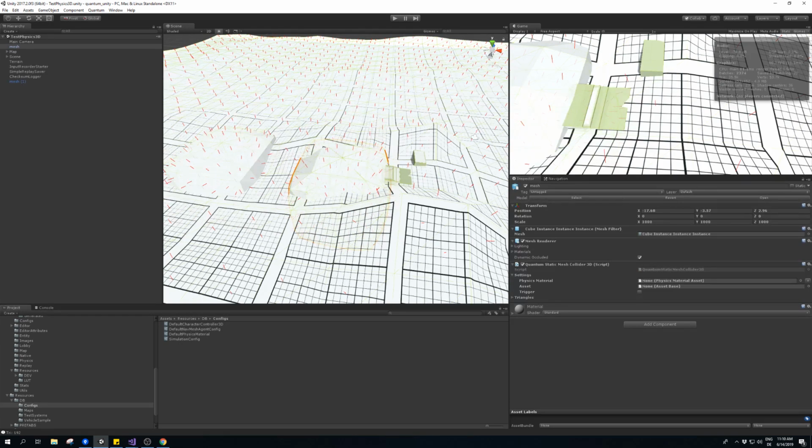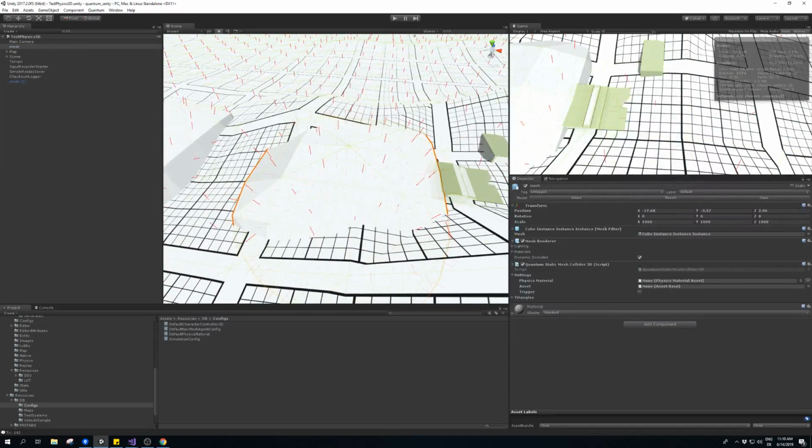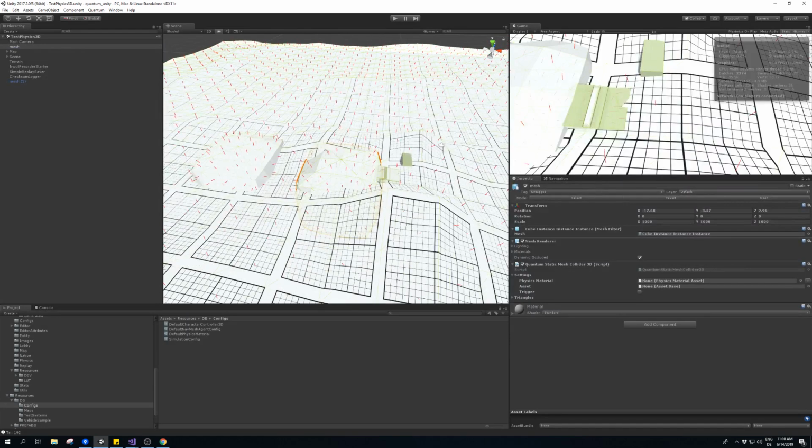If you add this static mesh collider 3D, which is similar to the box and sphere collider but just for meshes, you have the expected material, asset, and trigger parameters, but it will actually bake the triangles into Quantum and also pre-compute the normals and all the things. And when you bake the map now,